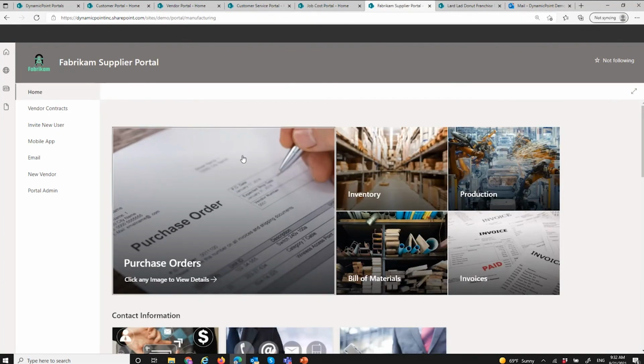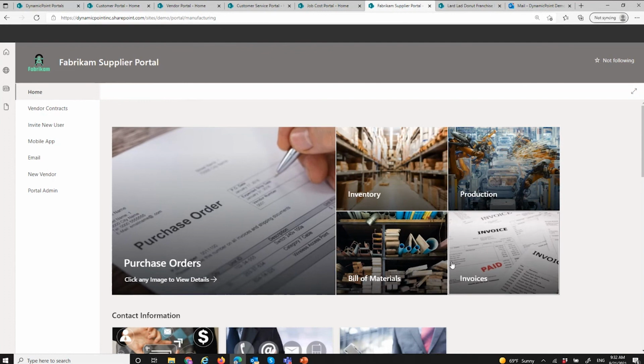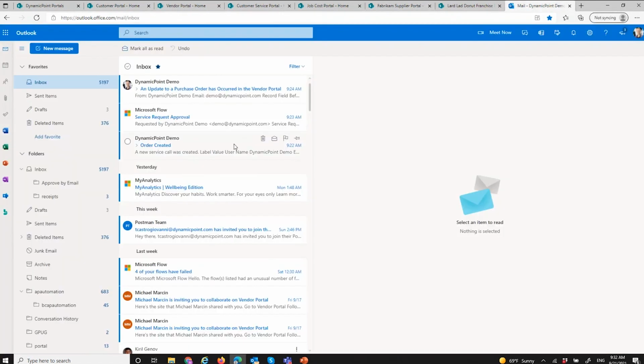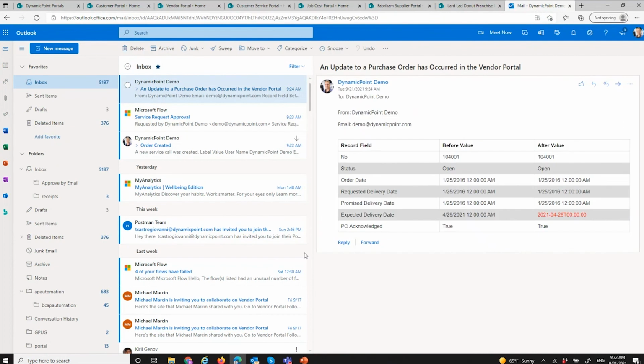Okay, a quick note about the exchange that I'm doing in here, right? As I'm clicking on things and updating things, I mentioned we have the ability to invoke workflow associated to it. And I didn't tell you this, but I do have some workflow associated to some of these. So if I were to go into my email here, here's some of the notifications that I'm getting as I was interacting on the portal.